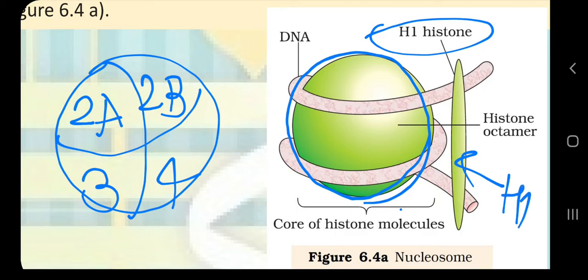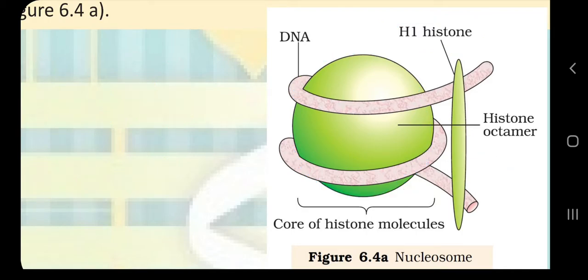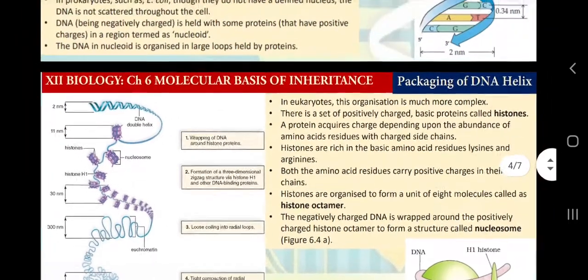So why did I give this information? These are histones, right? H. You can add H1, H3, H4. Because of the labeling you can see. The labeling is here, like histone octamer. So if you see the simple diagram, the labeling is also there. Octa means 8. So by that discussion you are able to know why this is a histone octamer, because it includes 8 subunits. Then DNA wraps it. So this is nucleosome. So this is the elementary idea of the packaging.